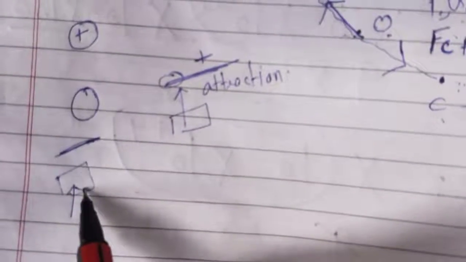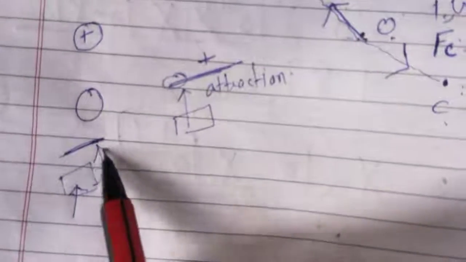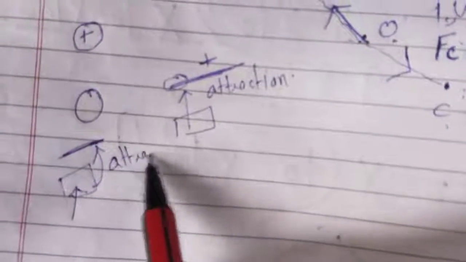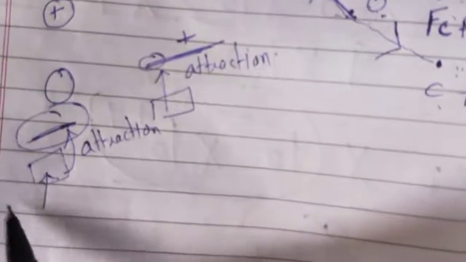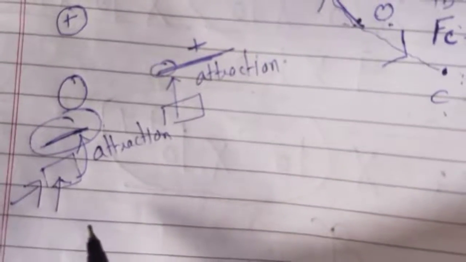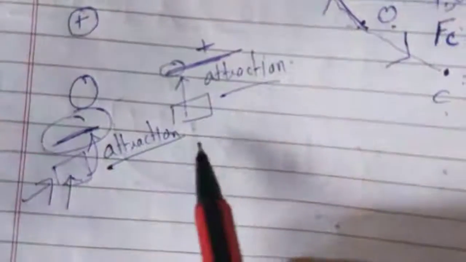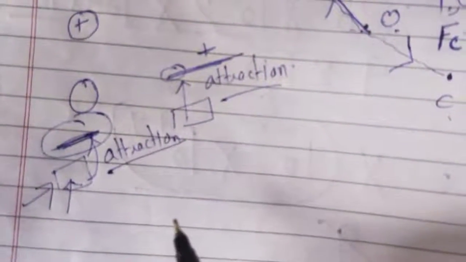That means this comb is having charge. So what is it doing? It is doing the attraction. Suppose you are having a comb in your hand and a piece of paper is already charged. When you bring the comb near to this piece of paper, the piece of paper gets attracted towards the comb. Their attraction is taking place. So we can't say that the comb is charged. There may be a case that the paper is having the charge. So attraction is not a valid test to find out whether an object is having charge or not. Suppose one object is having charge and another object is also having charge.